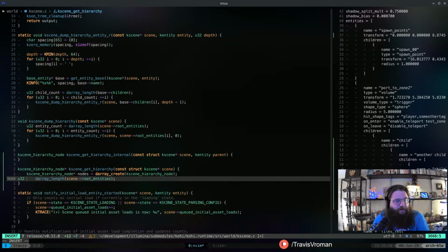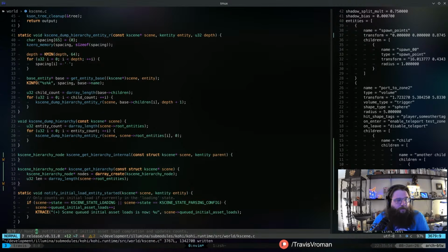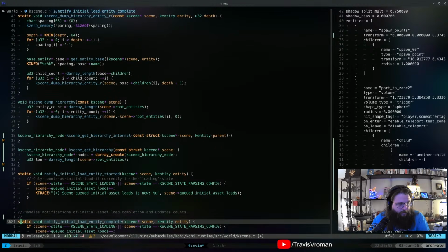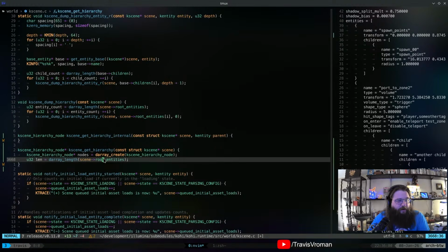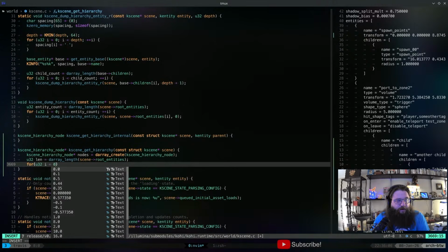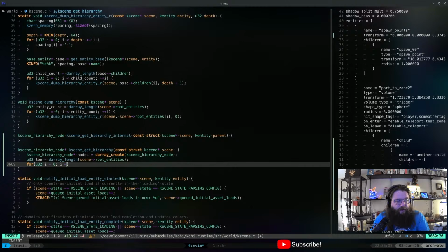So we'll do U32 length is equal to that. And then a standard loop on that. So for U32 i equals 0, i is less than length, plus plus i, right?